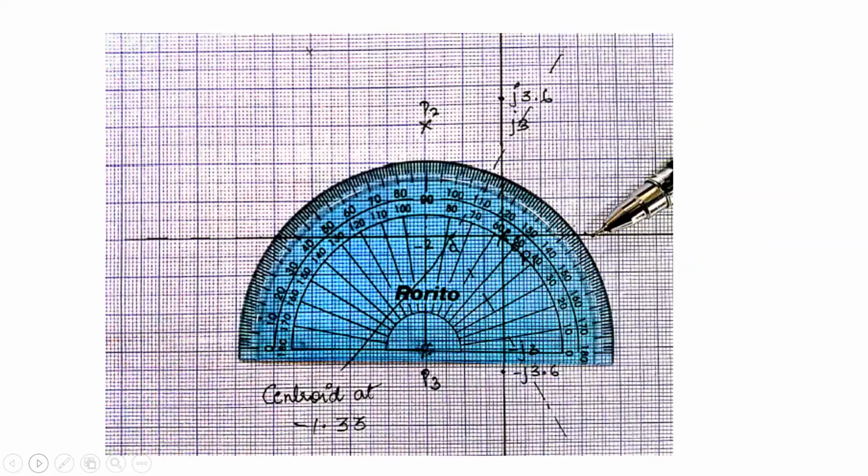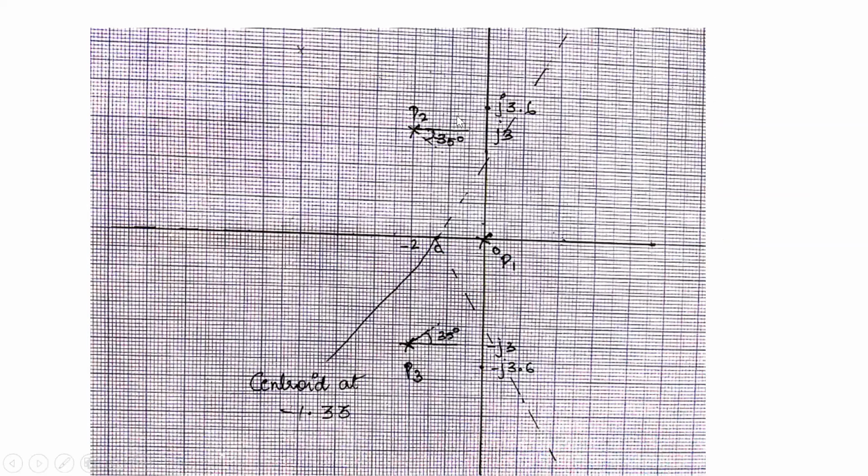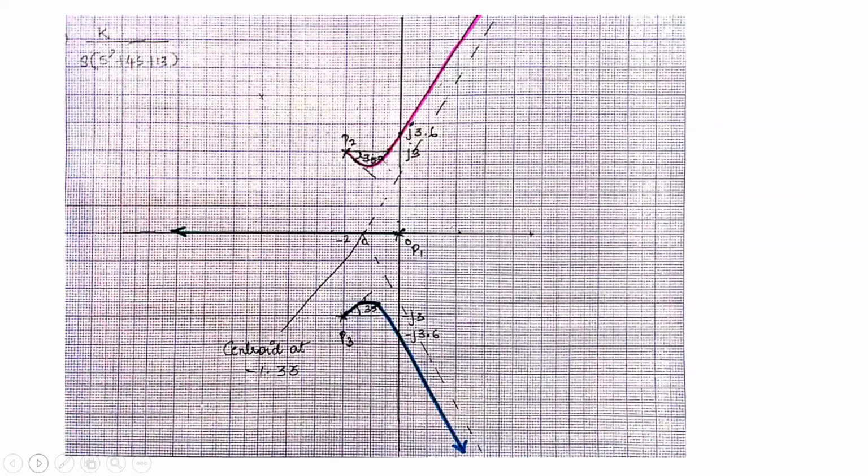This was to calculate, then it is minus 35 and plus 35 here. See how they come out making an angle of 35. If I keep the protractor between the 0 degree line and this line, this angle will be 35. It comes out making an angle of 35 and then proceeds, crossing the imaginary axis at j 3.6, and proceeds towards infinity. Whereas this root locus starts from this pole and again proceeds towards infinity. This is the root locus that we have got.